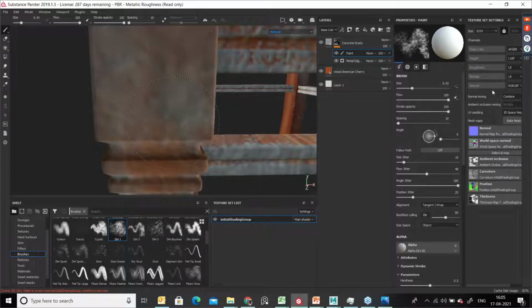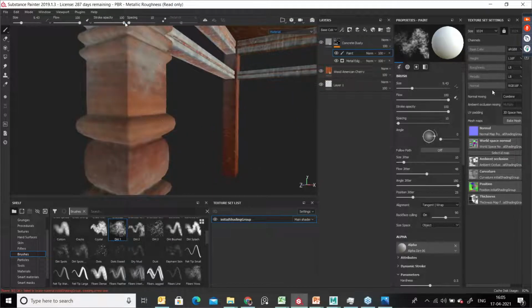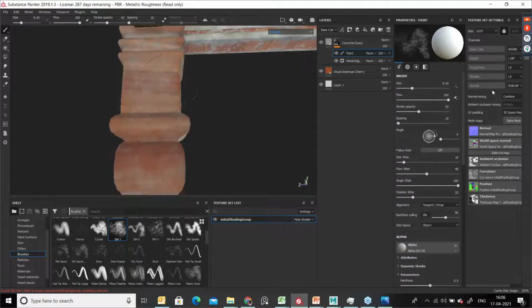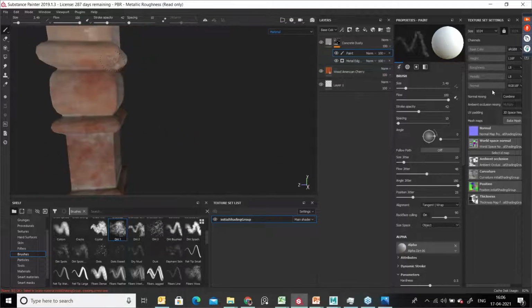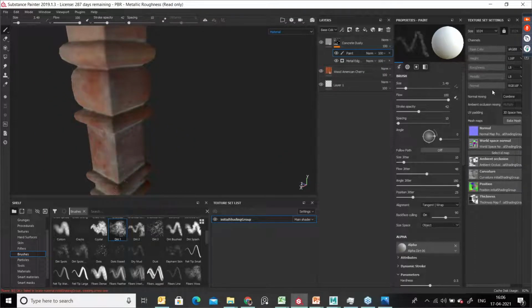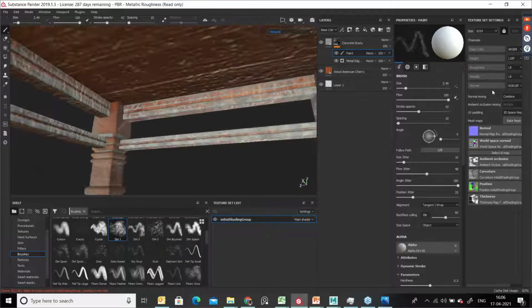And even you can apply random texture with this. See, I'm trying to apply like this, but this stroke opacity is too high. Reduce the opacity and try to apply. And when you apply the stroke, see, the opacity is less. Now it's looking great. Okay. And in the corner, you can try to apply some here with this. So you can try to apply here.